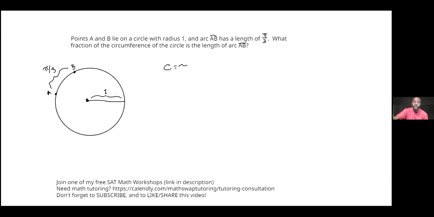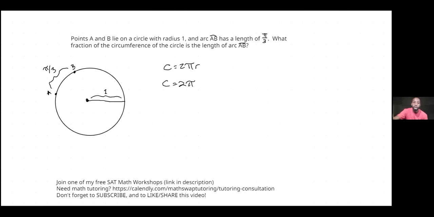Circumference of a circle, I'm about to write the wrong thing. The formula to find that is 2 pi r. So 2 times pi times the radius, okay? So what fraction of the circumference of the circle is the length of arc AB? So first of all, the circumference of this circle being 2 pi r, the radius is 1, so the circumference of this circle is just going to be 2 pi,